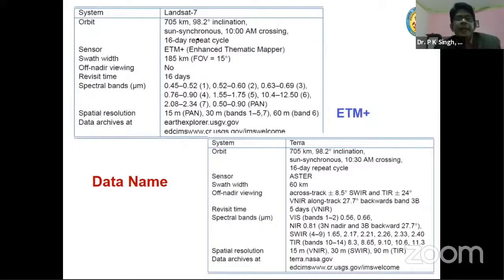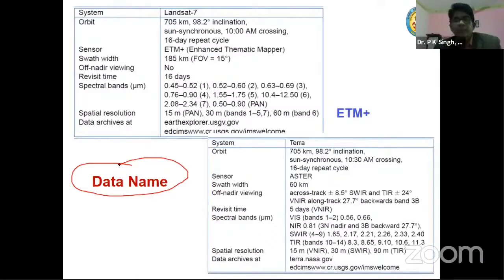Okay. I have shown some characteristics of different data. First of all, I want to say one thing: how the remote sensing data is named. Actually, remote sensing data is named on the basis of its sensor. The sensor name gives the characteristic of the data. Actually, LISS 3 is one sensor. It is on the platform. Platform means satellite, the one on which it is fixed. That satellite is not important. Rather, that sensor is important.